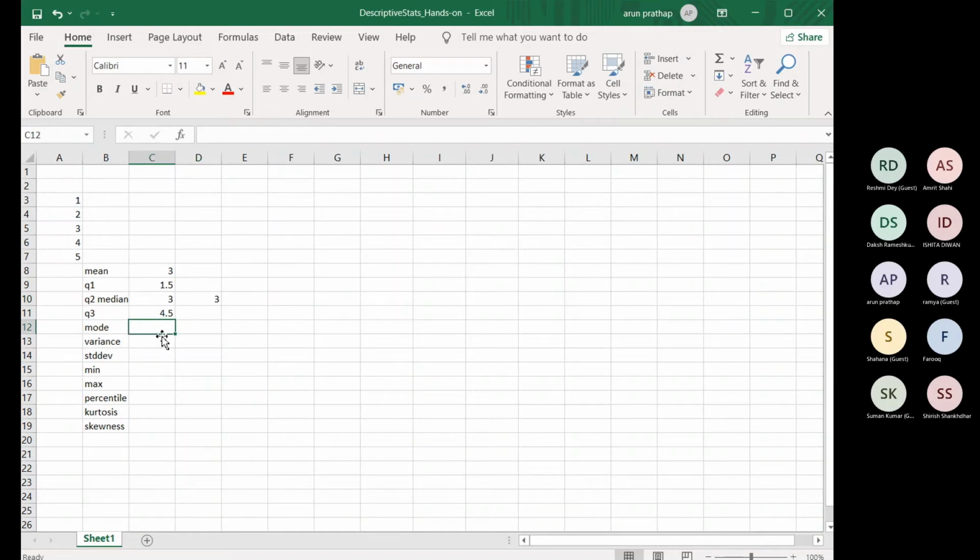Now coming to mode, same way. Most of the functions are similar things only. There are 2-3 functions defined; I will not go into the details. What we get is not applicable. That is because, as we said, all data points occur only once. If I give 1 here, I got the mode as 1. When my data is 1, 2, 3, 4, 5, I don't have any mode in the data, as all data occurs only once. But suppose I have any two values the same, that will come as a mode. Suppose two 4s are there, that will come as a mode.